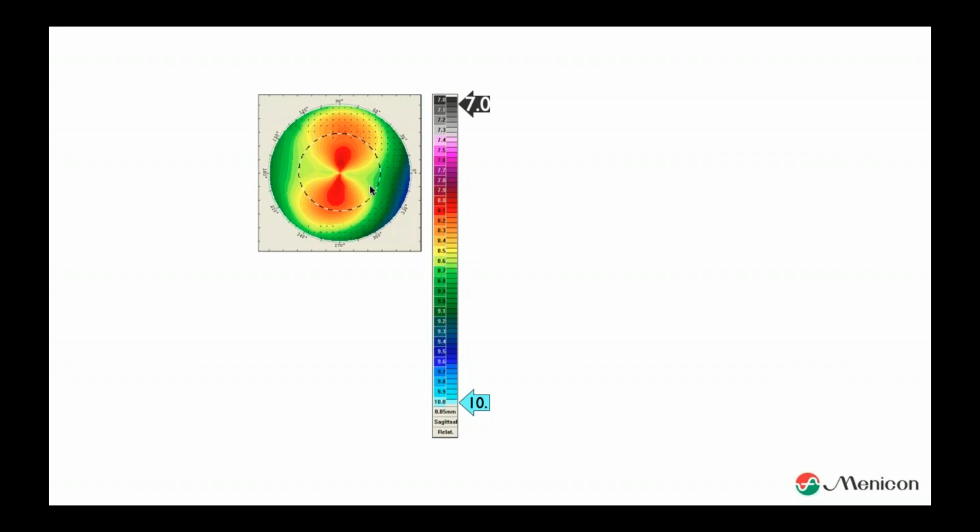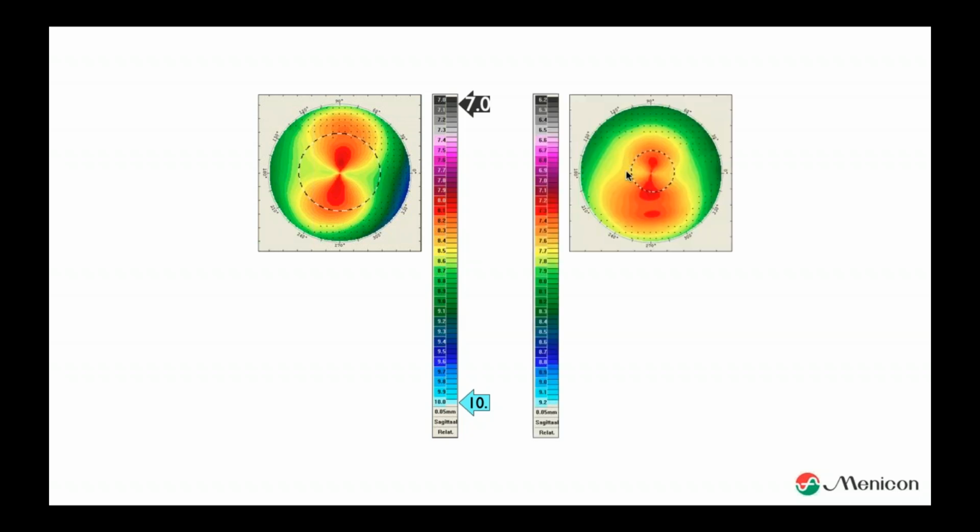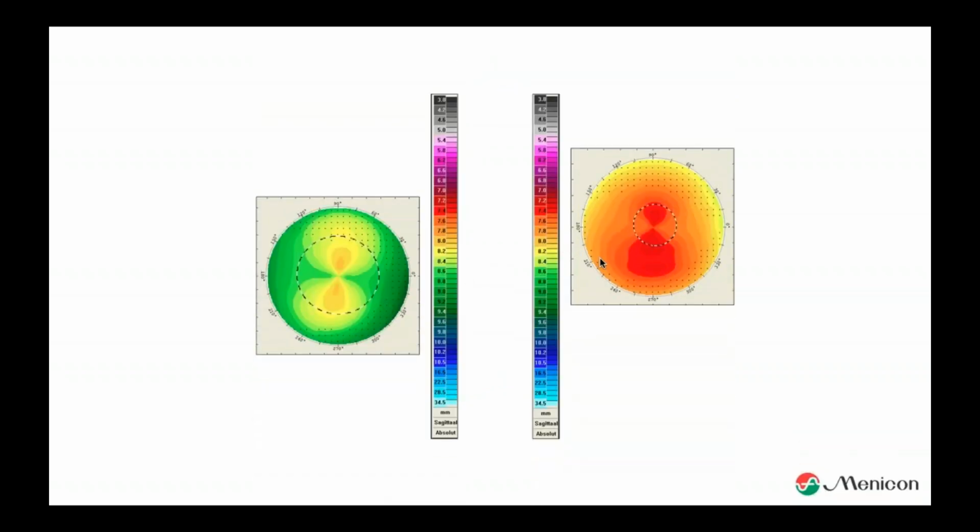Let me give you another example of exactly the same. This is a corneal astigmatism with the rule as well. The colors are in exactly the same order, but now the steepest part is 6.2 and the flattest part is 9.2. So what you will see is that the scaling is adjusting itself to the image. So interesting to understand is that when we leave the relative scaling and go to the absolute scaling, and I use exactly the same images, I only switch scaling, we end up with a totally different image.